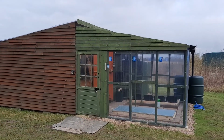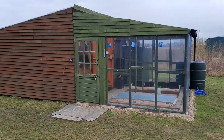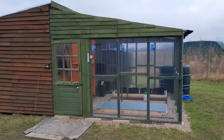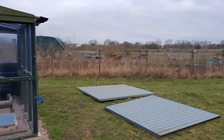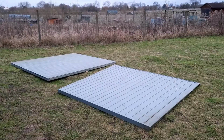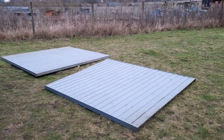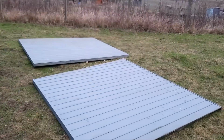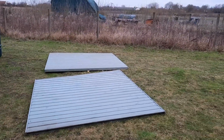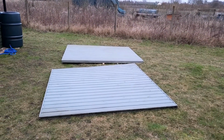I've just opened up the cabin and I'm just ready to boil the kettle for a cup of coffee. It is cool this morning, but I just wanted to show you something first. We've got the makings of the chicken coop. I'd like to say that I've been down every night after work fabricating these, but the truth is I haven't. I've actually bought a second-hand